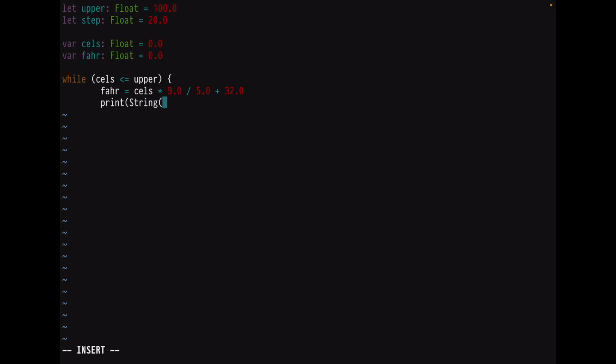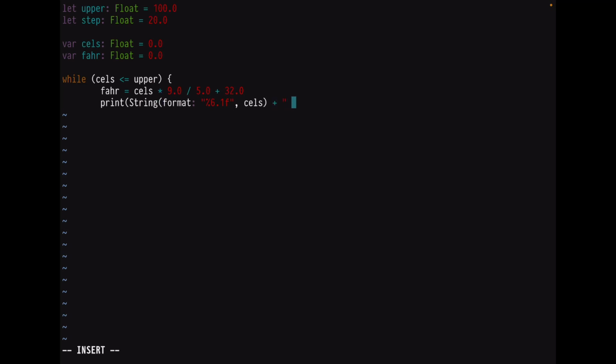We will use a string function, and we will initialize a string with a format. We'll provide a format, in a similar way as we did in C. So this is our format, and then we provide a value. This is our value,